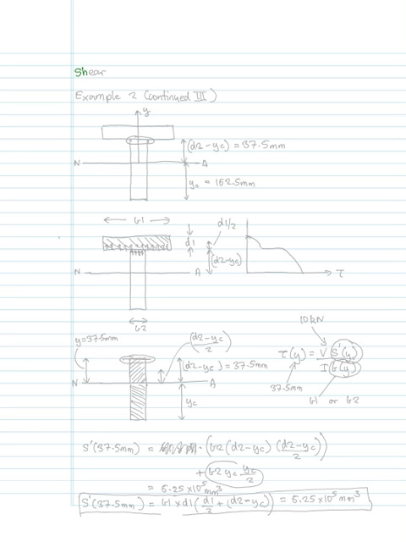Okay, so this is now going to be shear, and we're talking about example 2 continued. So this is going to be the third page. We now want to work out the shear stress at the glue, having worked out the shear stress at the neutral axis. Probably it's a good idea to work out the stress at the neutral axis anyway, to make sure that the stress at the glue turns out to be smaller, because we would expect the shear stress at the neutral axis to be